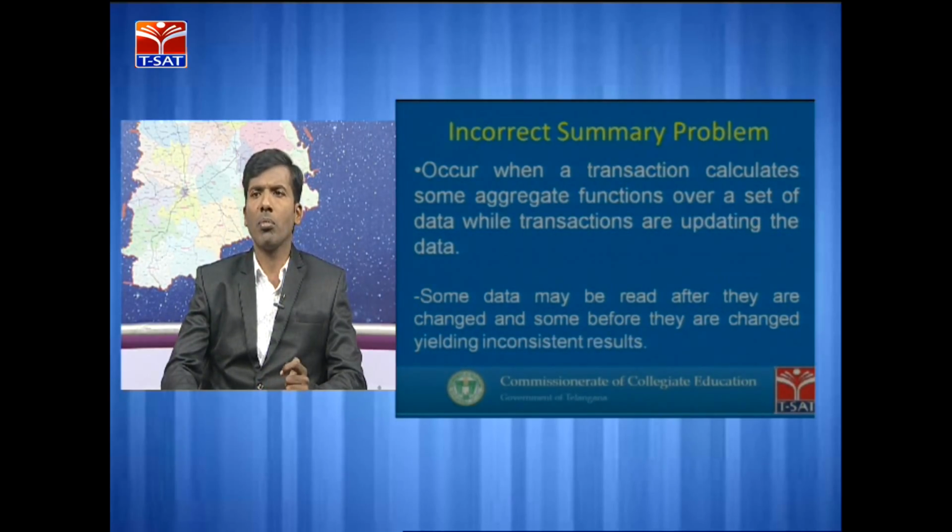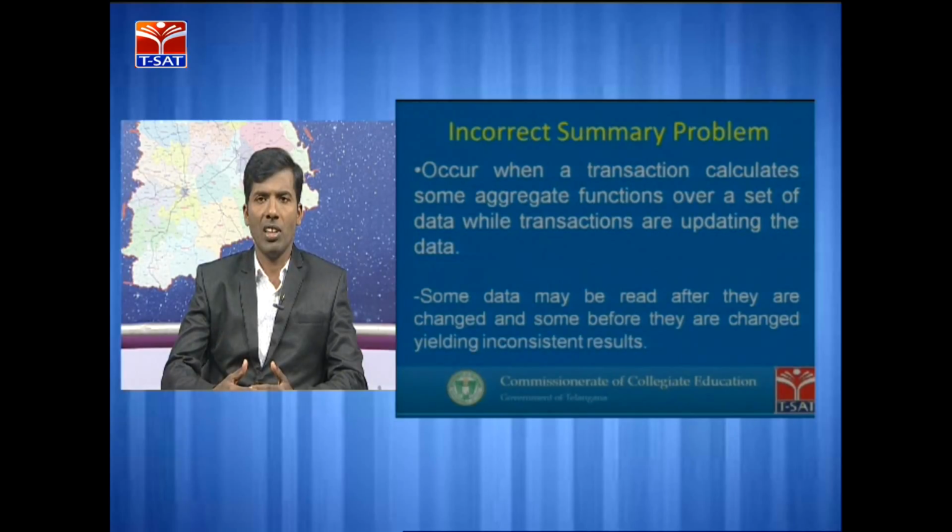This problem generally occurs when a transaction calculates some aggregate functions like sum or count, on a set of data, while other transactions go for updation. When one transaction is performing operations by taking aggregate functions over a set of data, if another transaction takes a chance for performing updation, then a kind of mismatch arises between